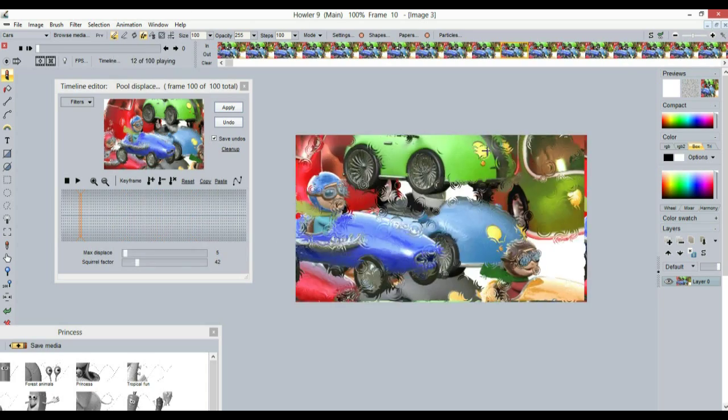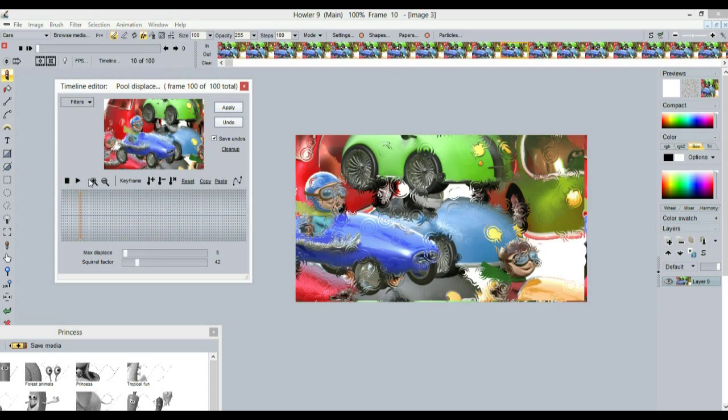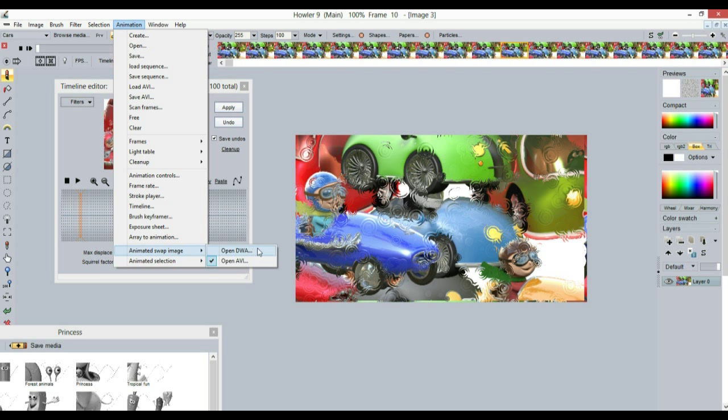Alright, so that I think is a fairly significant way to use it, and you can use that both for the swap buffer to be an animated swap buffer, and you can also have an animated selection mask. So now that's interesting, because for instance, if you use a walk sequence from a 3D animation program